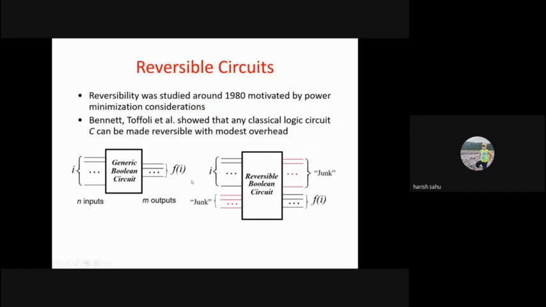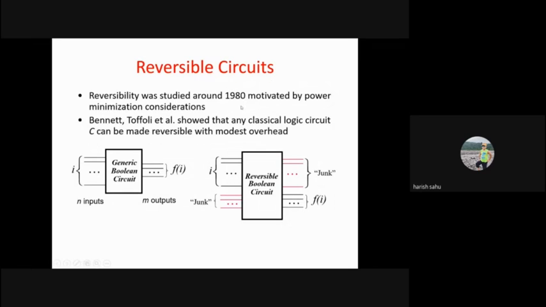So just now we have seen that this Toffoli gate can be used as a universal gate for implementing all classical things, because using this Toffoli we can implement AND and NOT, and basically we can have the NAND gate. So using Toffoli we can implement all classical computations. But the thing here is that this circuit and this gate should be reversible. This Toffoli gate is reversible and it is available in quantum computers. But there are some gates available in classical which are not reversible, which are irreversible. So how can we make them reversible?